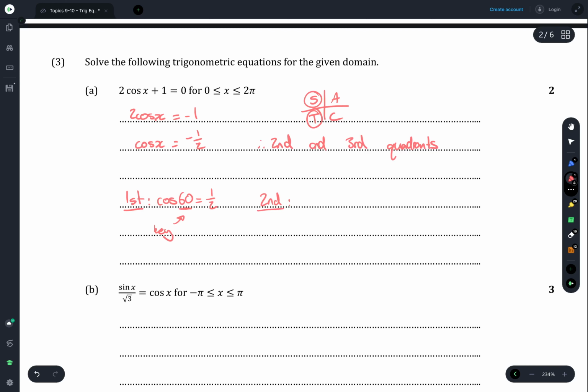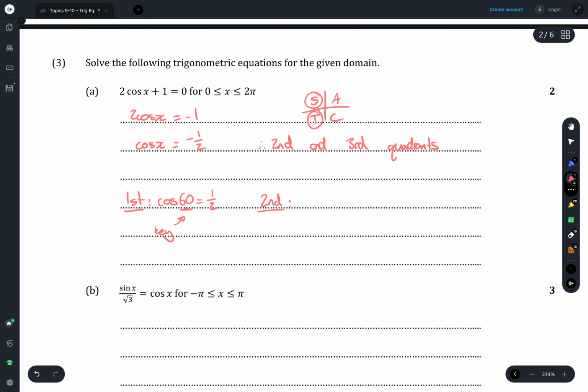If we're looking in the second quadrant, the answer is going to be 180 minus that key. So 180 minus 60, which is a cos 120, which equals -1/2. And in the third quadrant, what we do is 180 plus that key. So it's going to be 240 degrees, which is -1/2. So from this, we can say that my two solutions are going to be 120 degrees